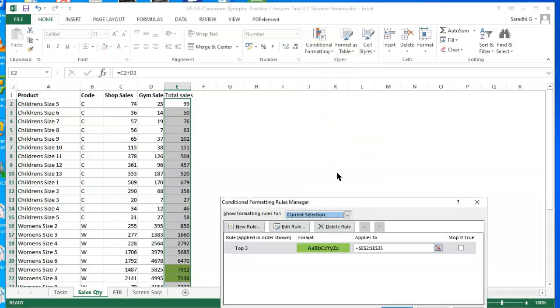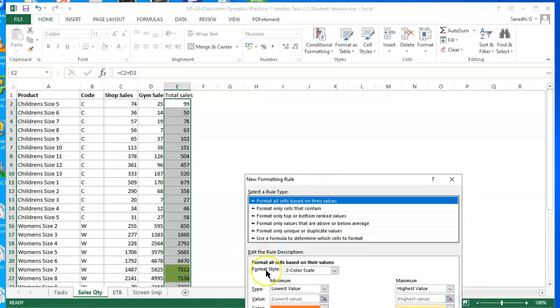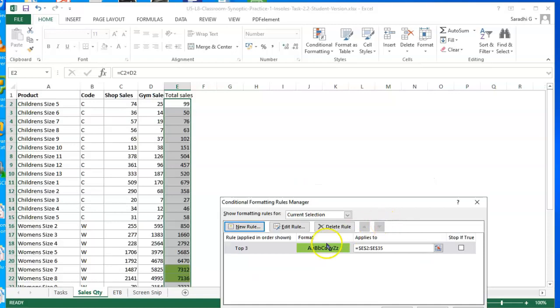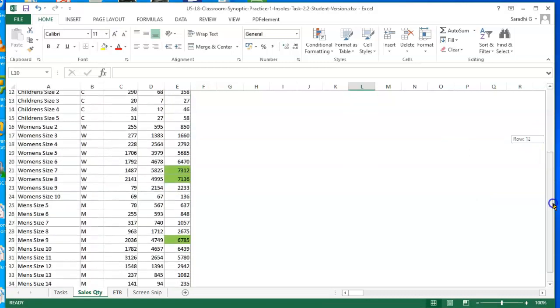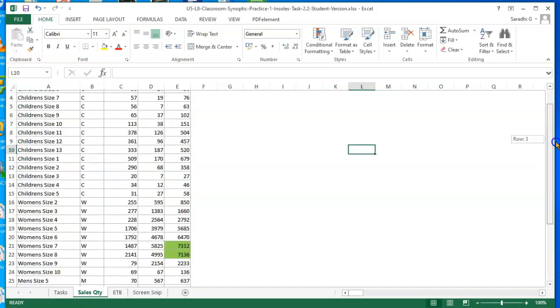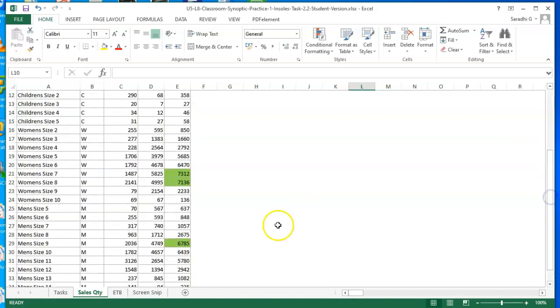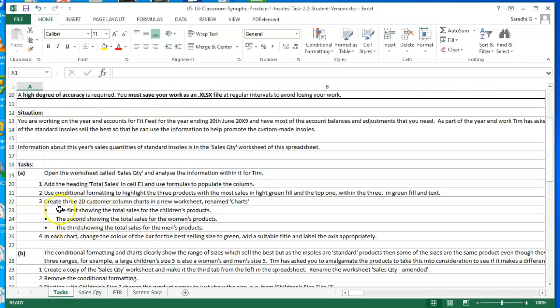Let's go to manage rules and say one more new rule. I think we can, within these three, just select the top one and then you can change it. Okay, so we don't need to add one more new rule. So the top 3 values they wanted to fill in green color, which we have done. Then